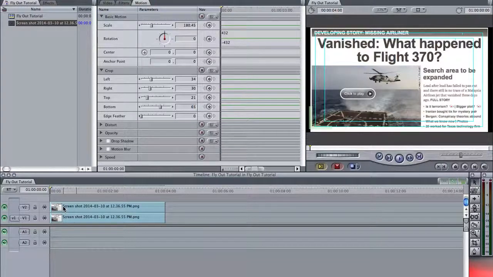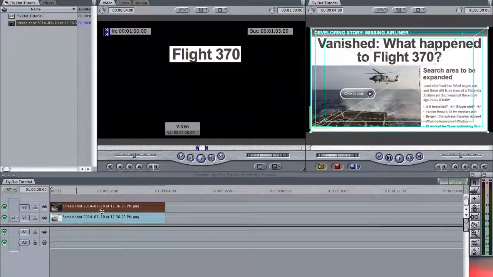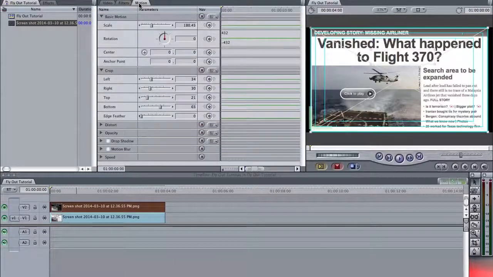Now the important thing to remember is to make sure that you have your top track double clicked, go into motion, and we're going to keyframe it. So let's say we want it to fly out in 15 keyframes, meaning that we want it to go from regular size to large size in 15 keyframes. We don't place our first keyframe until we want it to start. So if we want to leave it for 2 seconds just normal, we move 2 seconds along in the timeline, and then we press Control K to place our first keyframe, so we're telling it I want it to start